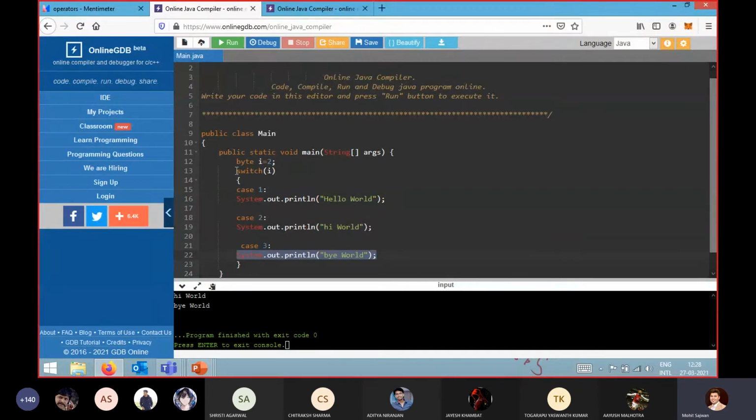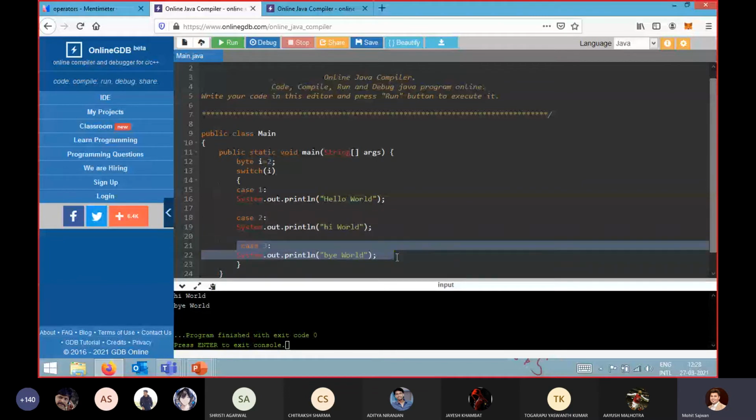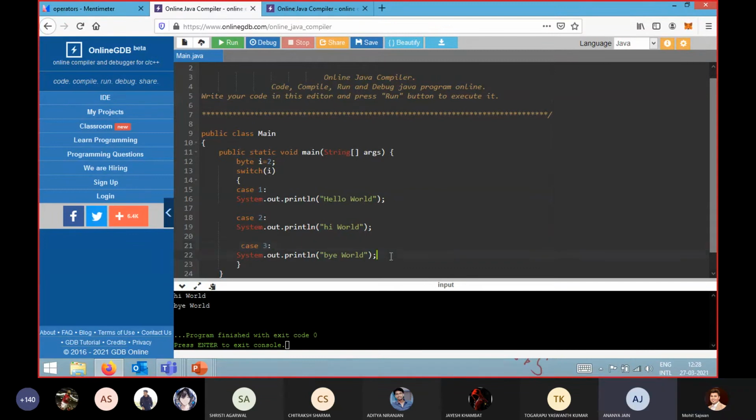The way they have written this switch statement, if you do not write a break statement, then whatever statements are after it, they will be executed automatically. There is no need to satisfy those cases for that particular scenario. Sir, if there is a default statement at the end, then will the default statement also be printed? Yeah, it will also print.